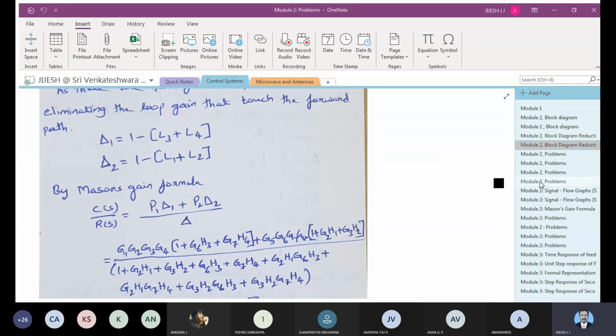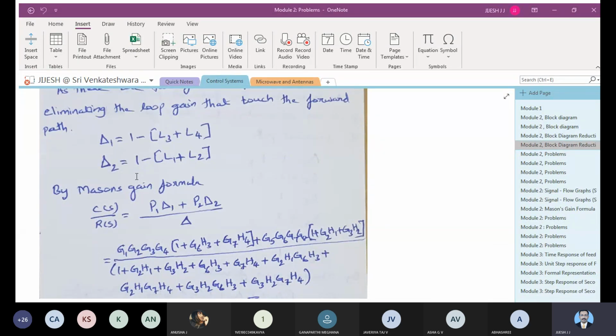Further, in the next rule, we have seen the summing point with three inputs. It is the same as adding A, B, C, and you can take A and B together and C separate, or A separate and B and C together. However you want, you can do it. That is splitting: you can split the summing point, you can add the summing point. You have to see how these things are taken care of when you are doing any of the problems.